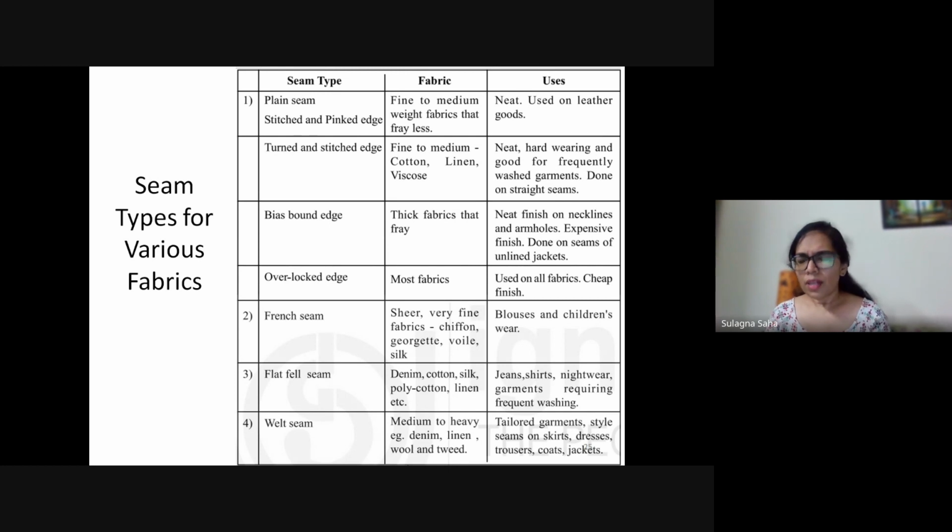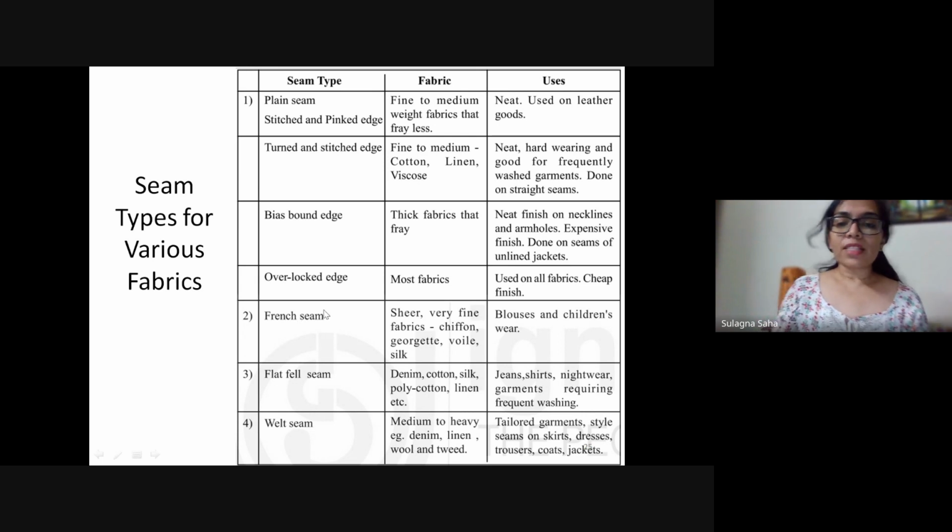However, it looks cheap. So if you are doing mass produced garments, you will do overlock, of course. But if you're aiming for a higher clientele, a more premium clientele, you should avoid overlock because it doesn't give a very clean look. I'll not say it doesn't give a clean look, but this is the cheaper way of finishing.